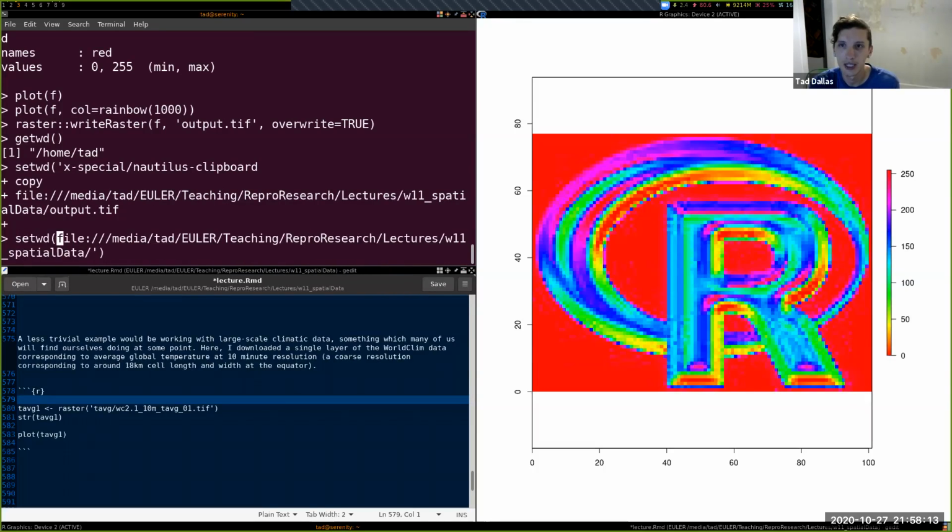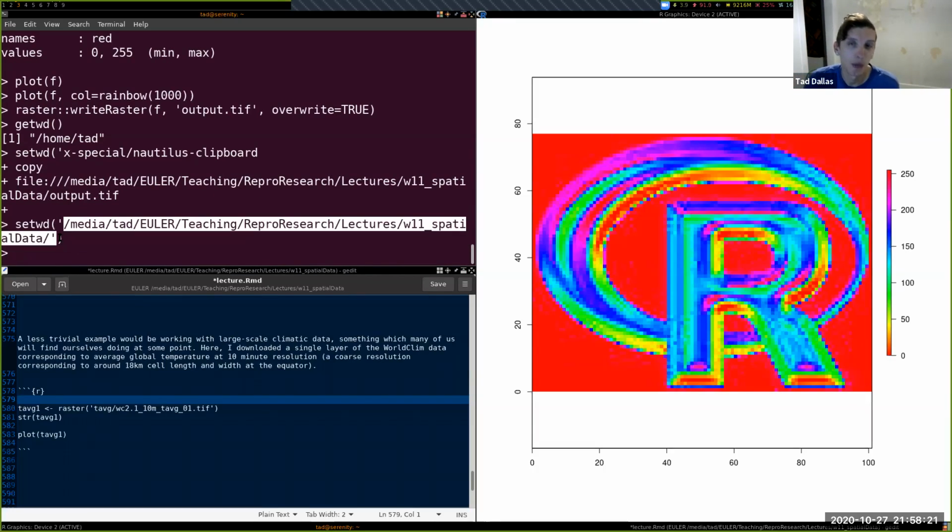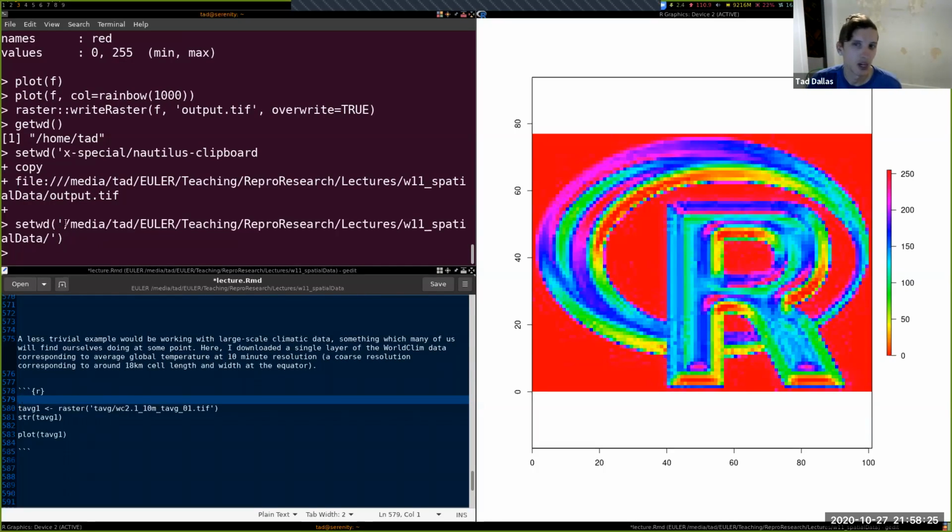And so we can say set working directory, and that's the path to it, which I wouldn't put in the homework, right? Because remember relative path errors, which some of you have still been running into, because we can't assume that